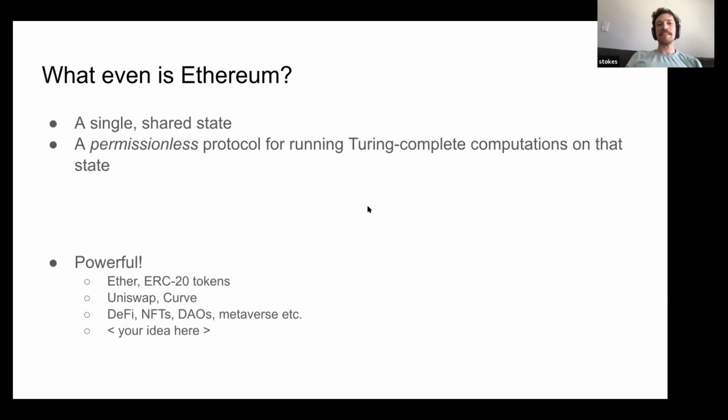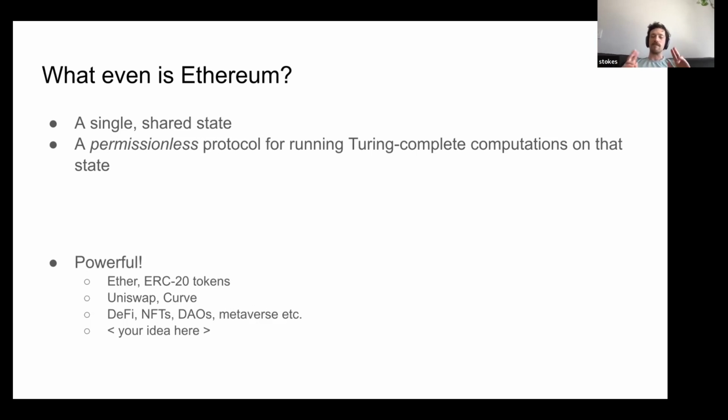So to motivate this, we can ask, what even is Ethereum? This really is the question, because you're asking what guarantees the protocol provides. Well, what does the protocol do? If we can agree on what the protocol does, then I think the guarantees should be obvious. Either way, here's one definition, and really it comes down to the state. Ethereum is the shared state that we all have. If you run the protocol, then you have the state.